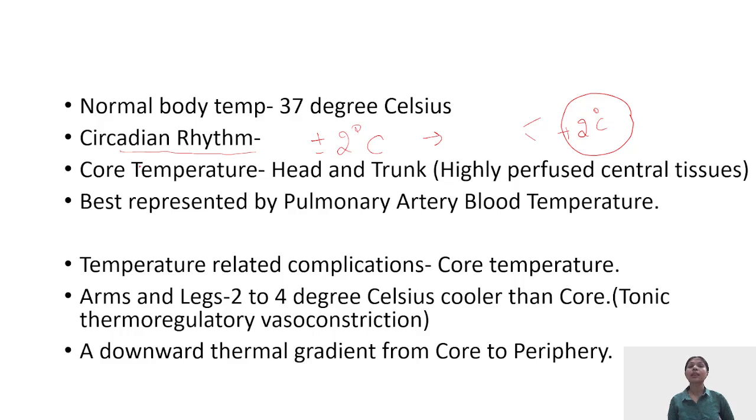When we talk about the temperature of the body, you all have to remember that we are talking about the core temperature. There are three kinds of temperatures. One is core, one is near core temperature, and the third is peripheral temperatures. The core temperatures are the ones we use when we talk about complications related to temperature, whether the patient has hypothermia or hyperthermia. These are the temperatures from those organs of the body which are highly perfused